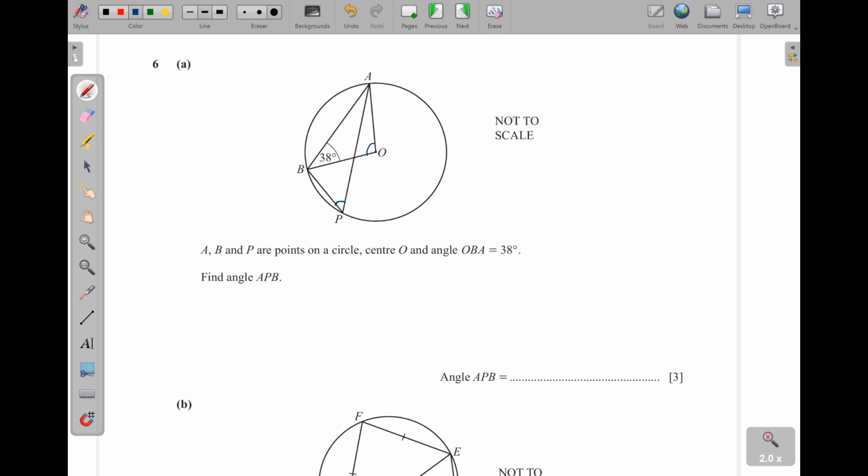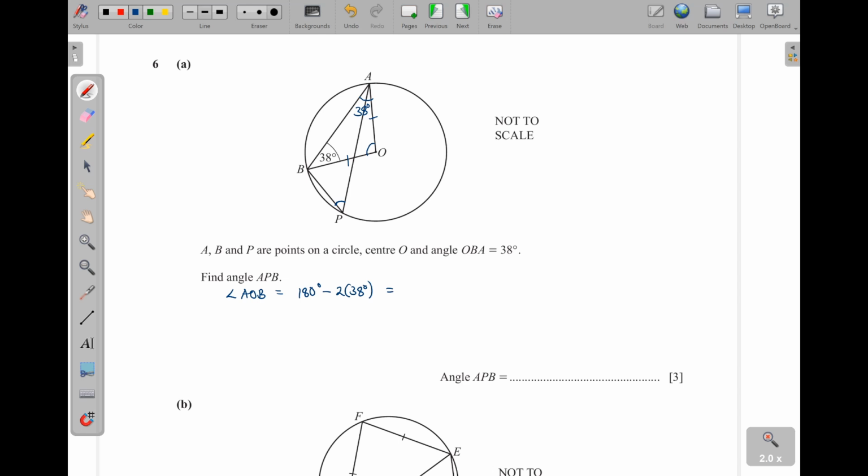This one being equal to this, because the two are radii, this angle here is also 38 degrees. So meaning angle at the center, angle AOB,